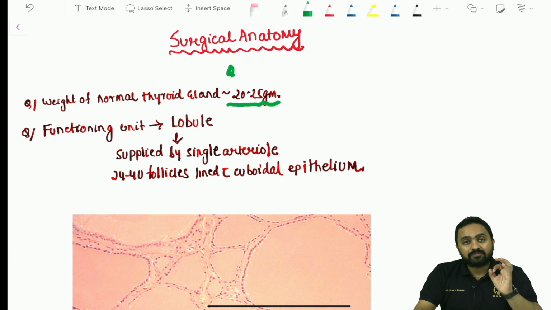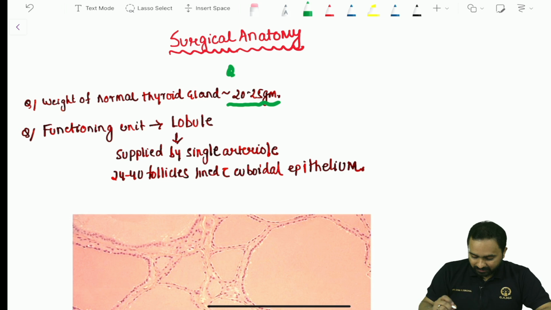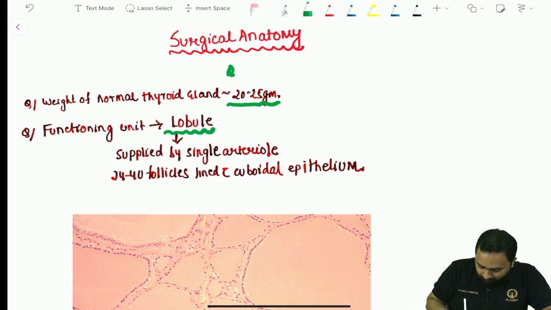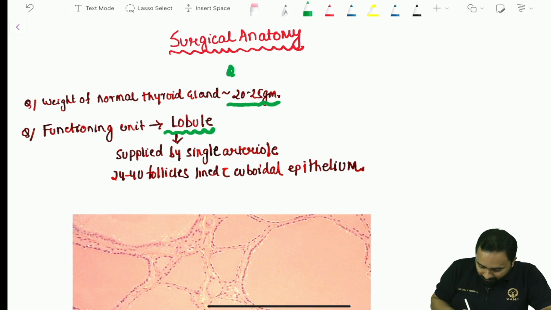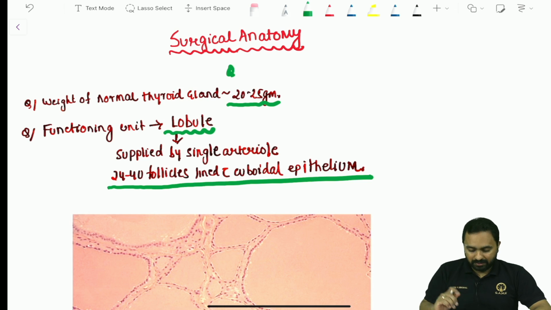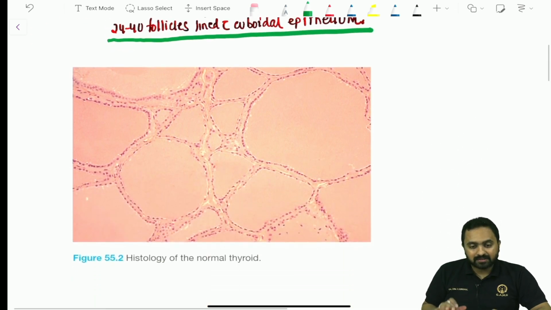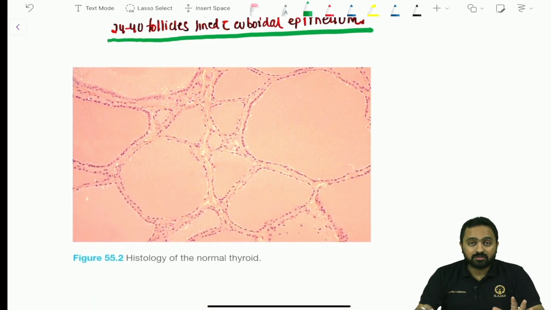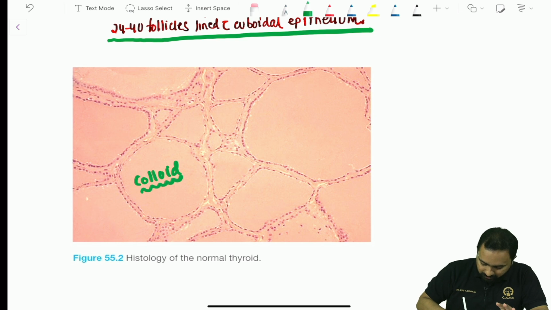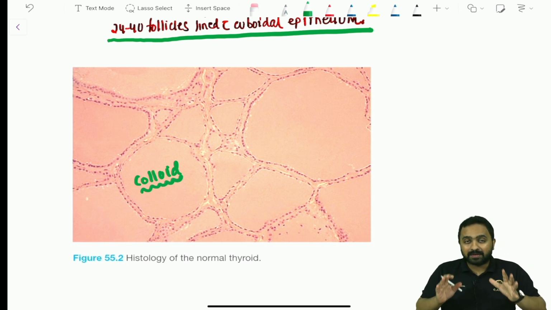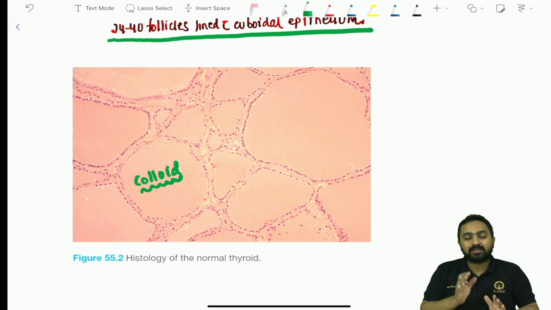Right. Now the functioning unit of the thyroid gland is your lobule. Now, this is supplied by a single arteriole, and there are 24 to 40 follicles lined with cuboidal epithelium. Now, if you look at this histology picture, which is of a normal thyroid filled with colloid material, right? So these are a few basic questions from anatomy that have been asked, and hence you should not be missing